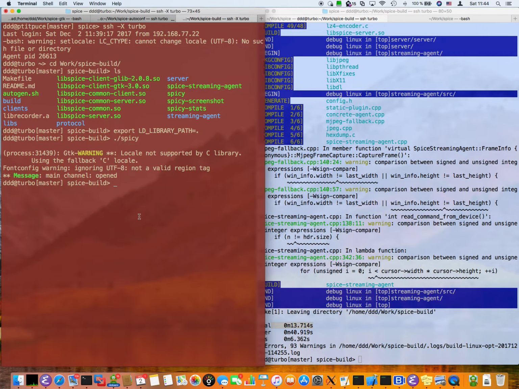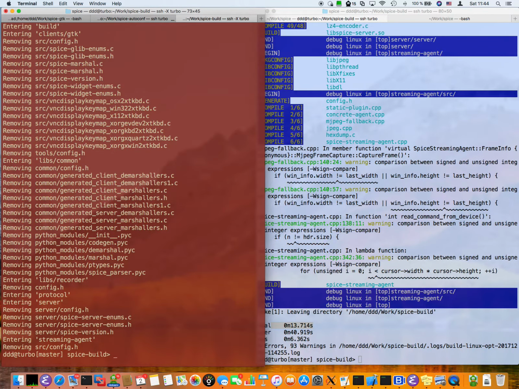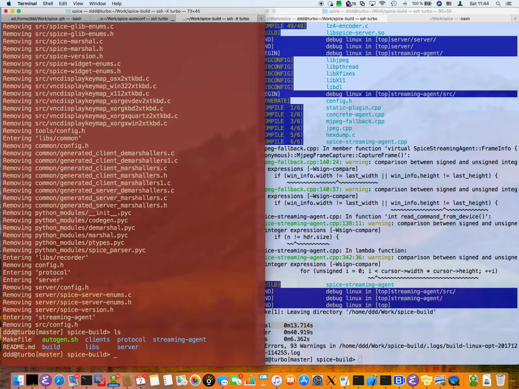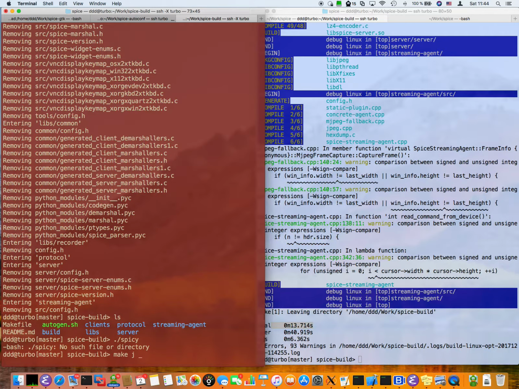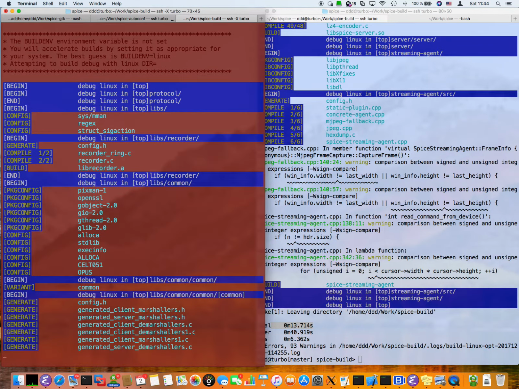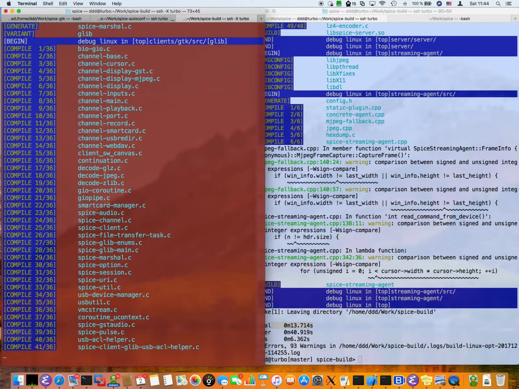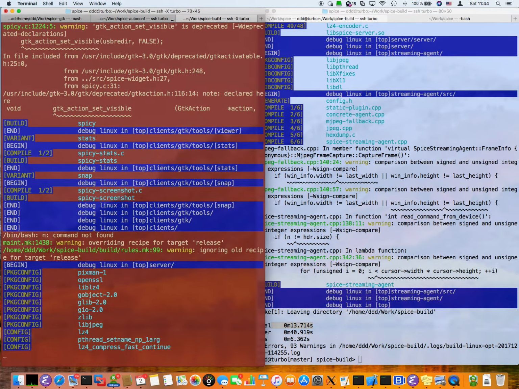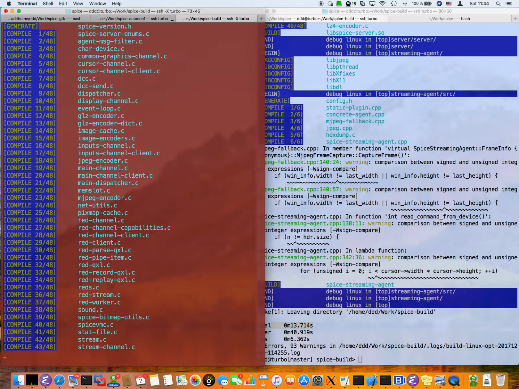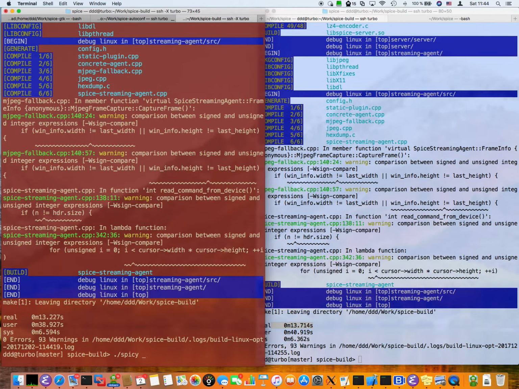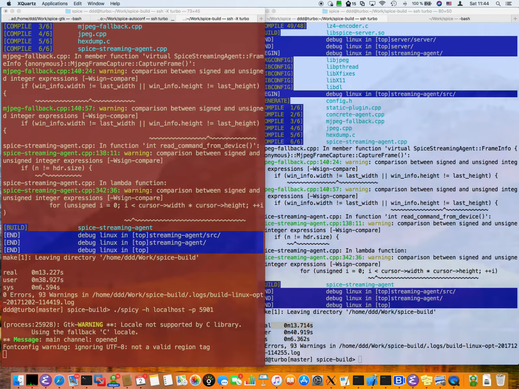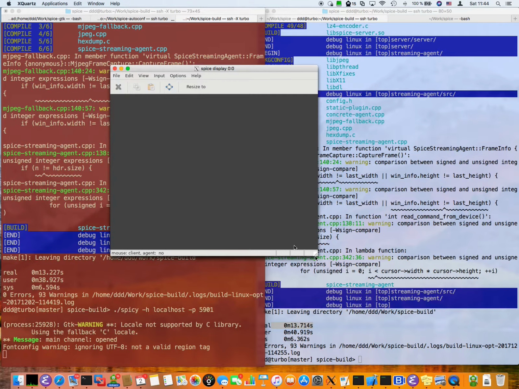Okay, so if you have a doubt that this is an actual build, let me check this. So you see that there is nothing there. If I run the same command again, it doesn't work. And I'm connecting to my remote machine.